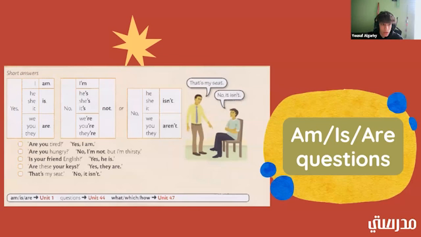Okay. So that's positive. Negative would be no, I'm not. No, he's not. No, she's not. No, it's not. And then no, we're not. No, you're not. And no, they're not. So it's good to understand that you can only combine in a short answer whenever it's negative. Okay. Because in a positive sentence, you can't say yes, I'm, just by itself. You can't say that. You have to say, yes, I am. But in a negative sentence, you can say, no, I'm not. Okay, because there's always that not in the end.